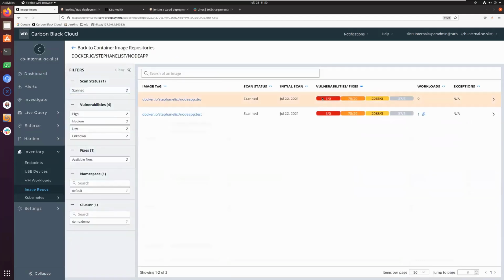So here we see high, medium, and low vulnerabilities, and we also see if there are fixes available or not. Of course, we can block if we have fixes available. It's very important, especially for high vulnerabilities, to block when the fix is not applied.